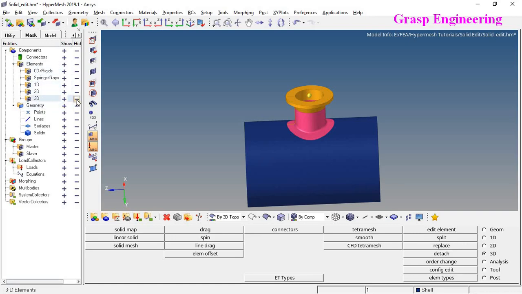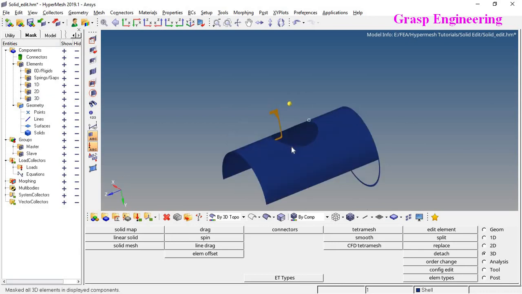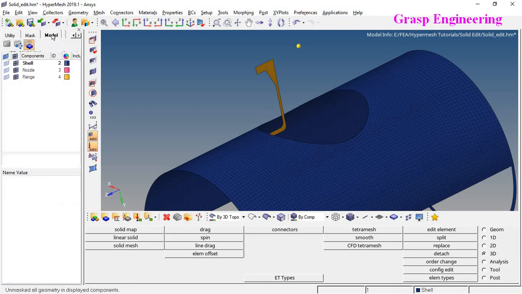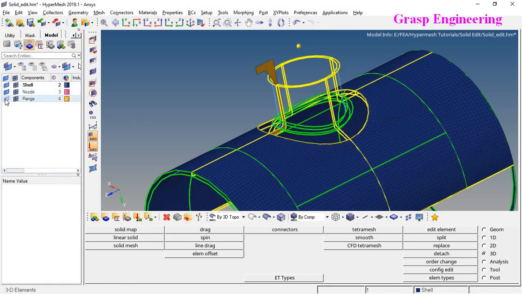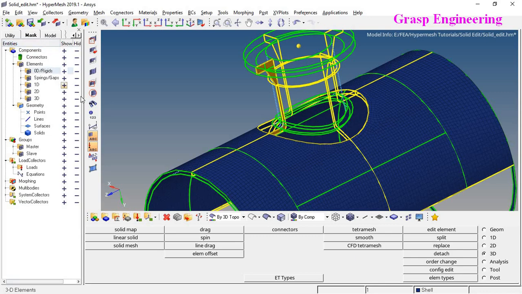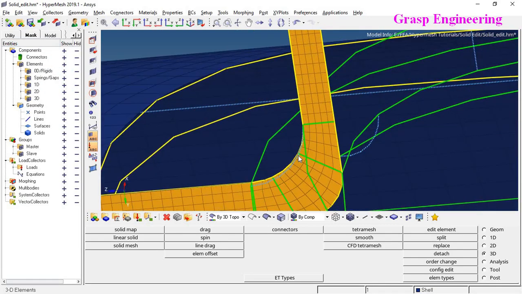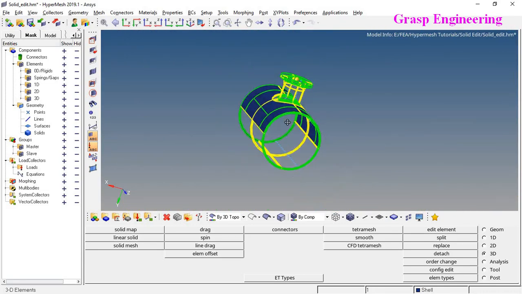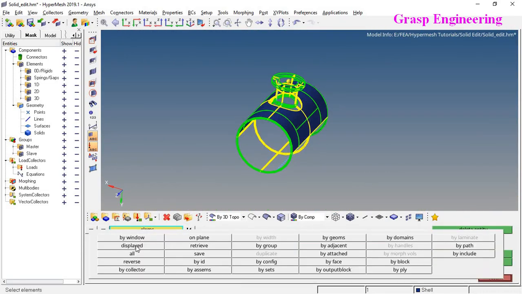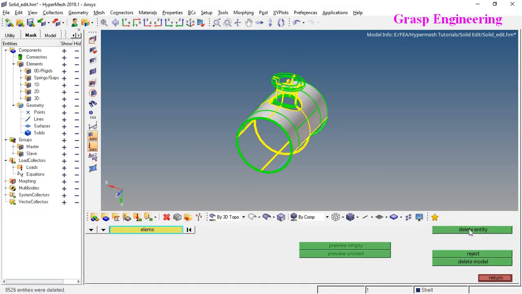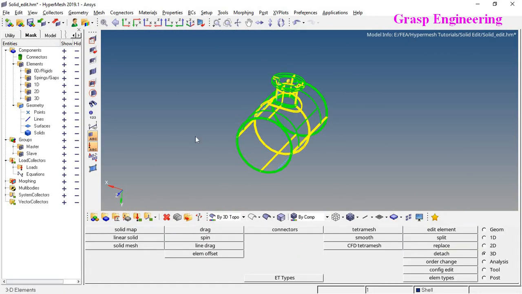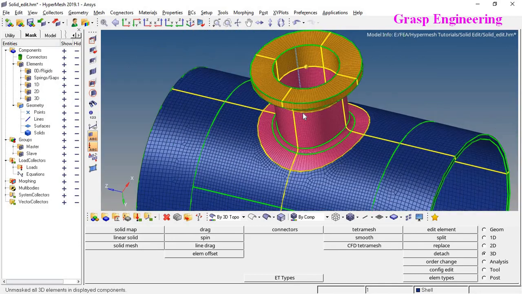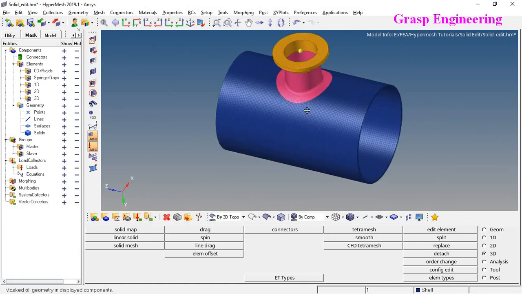So let's hide 3D first, and here you can see where we created 2D mesh. First select it, it should show the geometry. Go to geometry, just keep on all the geometry options, go to mask, and here you can see where we created 2D mesh, it will show all to us. Okay, so now let's go to delete element displayed and delete those elements. We don't want 2D elements, we want only 3D elements. So now you can see here all our 3D elements are created. Now if you want to hide the geometry, you can hide it from here.